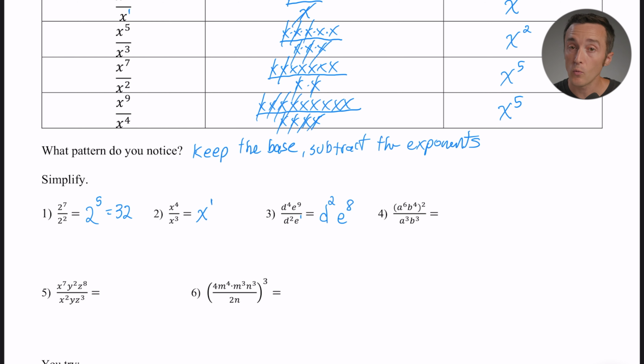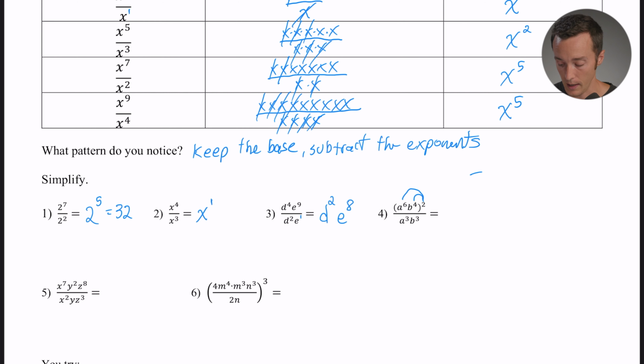Okay, so that rule that we learned today in this video is not super complicated. Let's start applying it with some other rules kind of baked in. Okay, so let's look at number 4. We've got a to the 6th power, b to the 4th squared over a to the 3rd, b to the 3rd. So first thing I want to do here is take this 2 and apply it to both of the